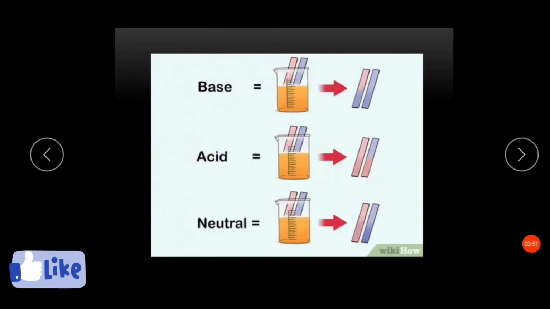Now for the acid, here you can see both red and blue litmus paper are used and the substance here is acidic in nature. For acid, we know that blue litmus paper changes to red. So here you can see blue litmus paper has changed into red color, but the red litmus paper is still the same. Now for a neutral solution, neutral means it is neither acidic nor basic. So the litmus paper will remain the same. Whether it is red or blue, they will not change any color.